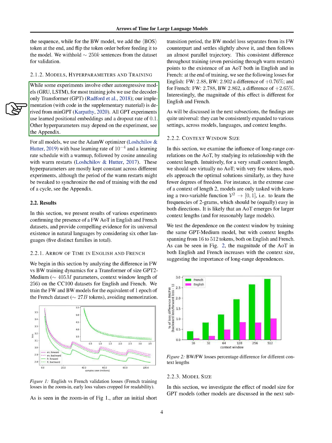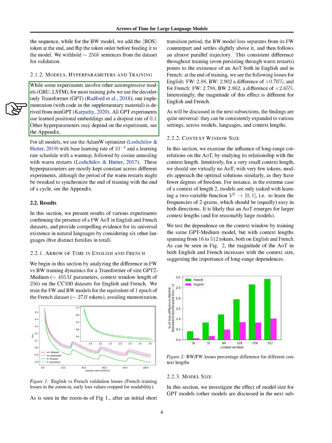In our results section, we share findings from various experiments that show the presence of what we call the arrow of time, AOT, in datasets for English and French, and we also provide strong evidence that this phenomenon exists universally across natural languages by looking at 6 additional languages from 5 different language families.